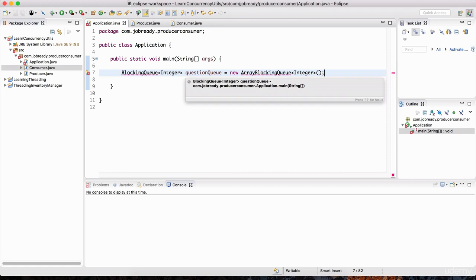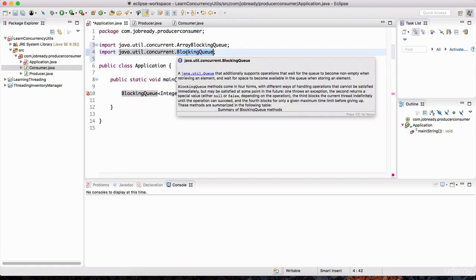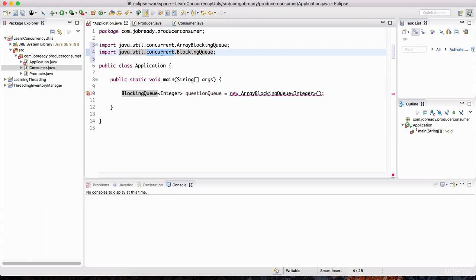And just hit Control-Shift-O to bring in the ArrayBlockingQueue as well as the BlockingQueue from the java.util.concurrent package. Okay, you want to be using the concurrent utilities going forward. It'll make your multi-threading life a lot easier. Multi-threading programs are hard enough to write, so the stuff in the concurrent package is actually very useful